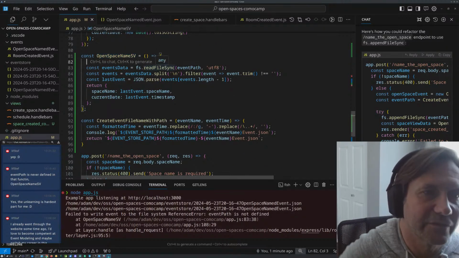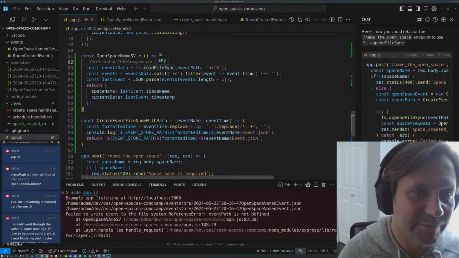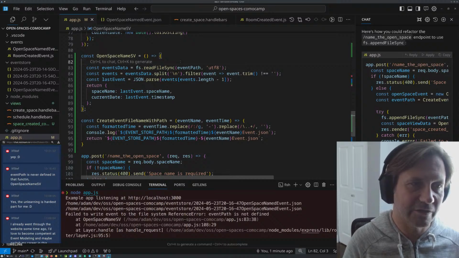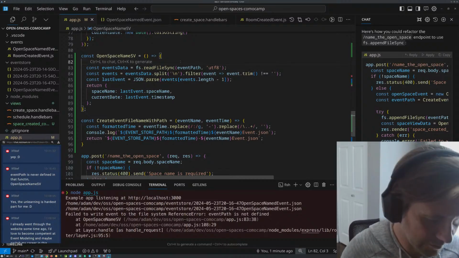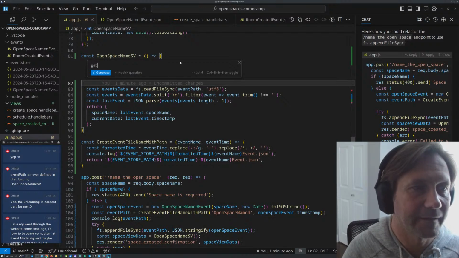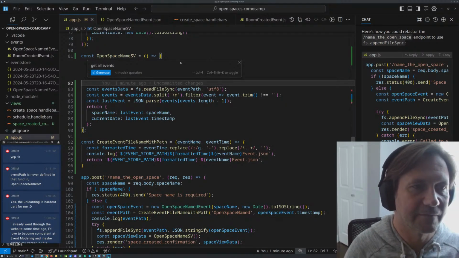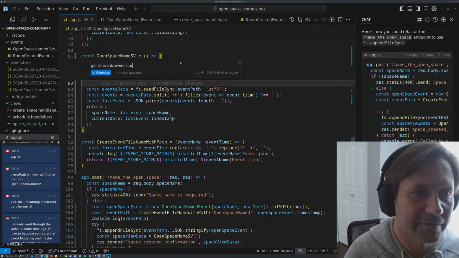So yeah, we didn't finish this. We want to iterate over, yeah, we never accepted this. So we have to actually get all the events here. Let's go back to that. Control V. Get all events in event store.